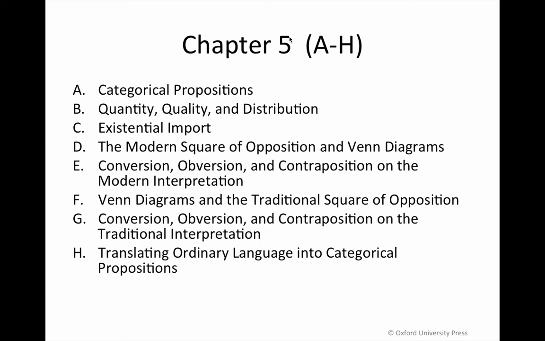The focus today is on sections D, E, F, and G. That is, we're going to work on the assumption that you're comfortable with the following concepts: categorical proposition, universal affirmative, universal negative, particular affirmative, particular negative, the quantity and quality of a claim,